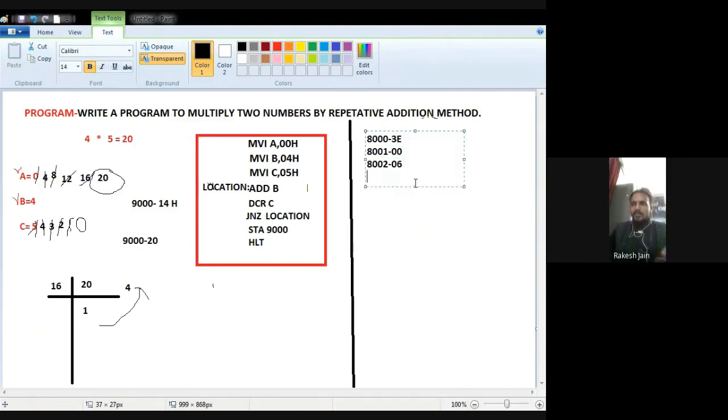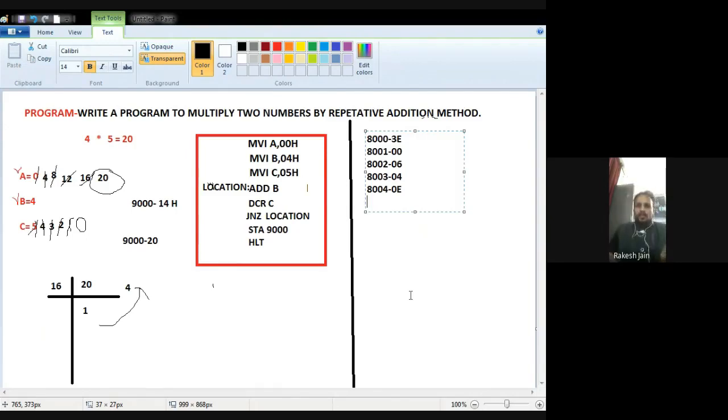That is 06. Then at the next memory location, what is the content of MVI B? That is 04. Then at the next location, what is the hex code of MVI C? Again we check the hex code of MVI C, and that is 0E.